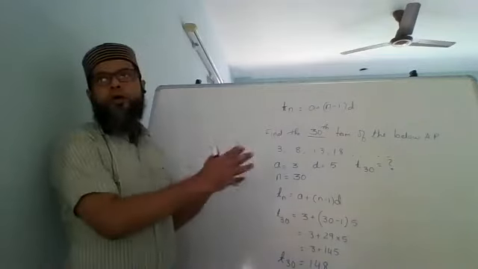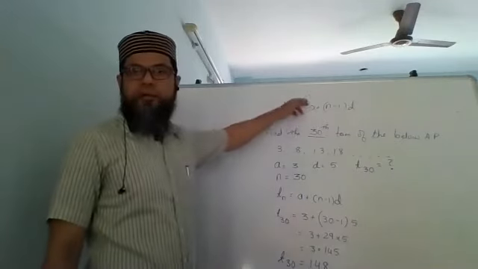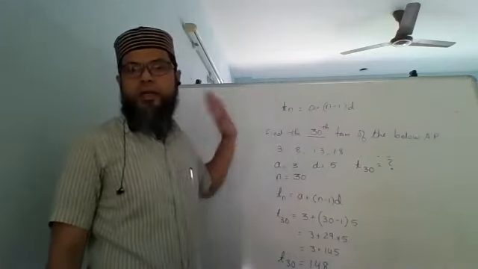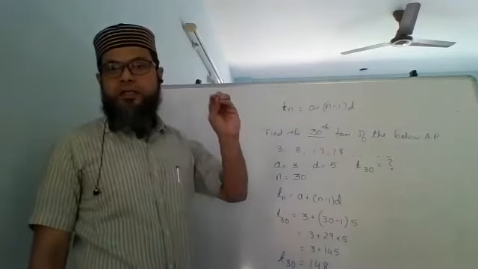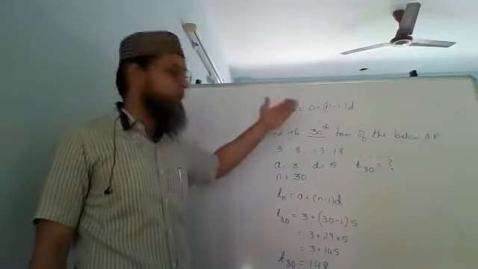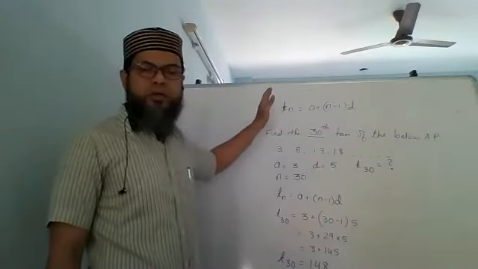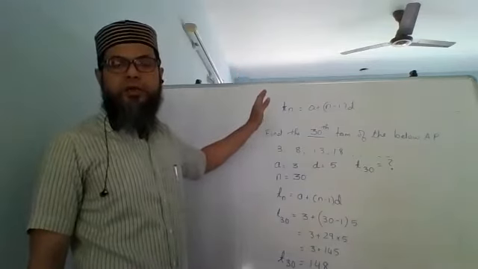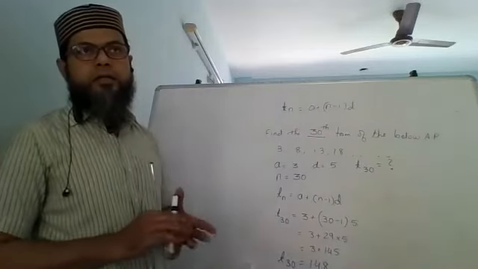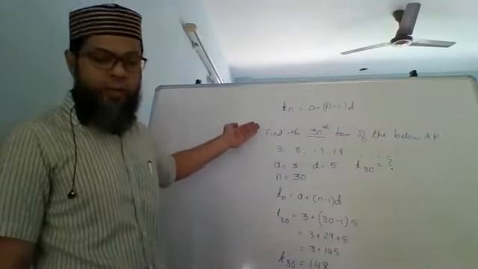Now the same thing will be asked in a twisted, different way. The formula will remain the same. Sometimes they will ask you to find a, sometimes n, sometimes d, sometimes Tn. Your intelligence is what matters in understanding what is to be found. The same sum will be presented in different ways. The question is going to remain the same. The formula is going to remain the same. The only thing that is going to change is what is given, what is to be found out, and how you're going to apply that. So that's all that matters. So let's look at the different variants of the same formula.